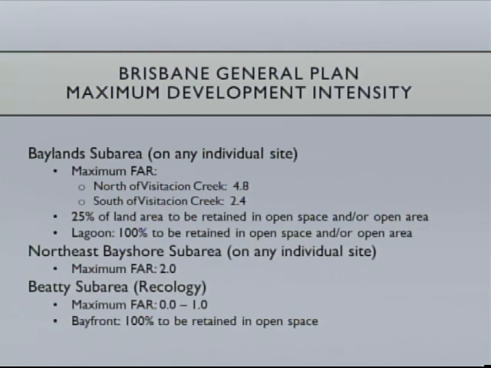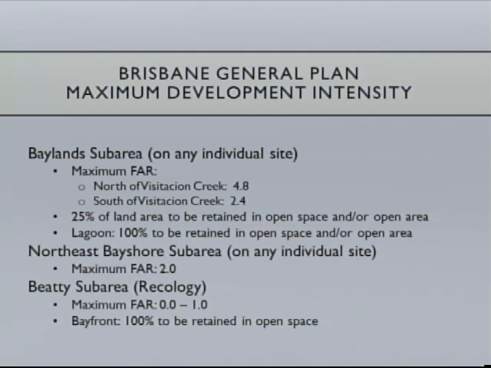Now the general plan also identifies the maximum amount of development that could be placed on any one portion or any one site-specific development within the Baylands. That is done with a term called floor area ratio, and I'll show that in a minute, which is the ratio of how many square feet of building compared to how many square feet of land area. So a floor area ratio of 1 means, since an acre is 43,560 square feet, 43,560 square feet of building and the same